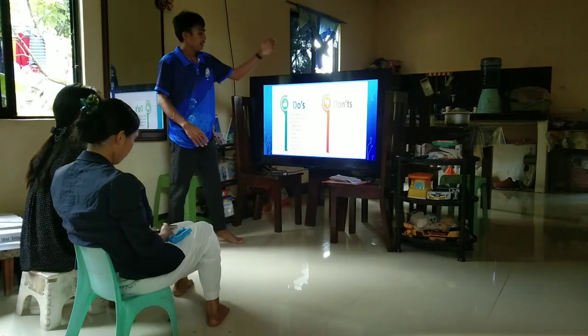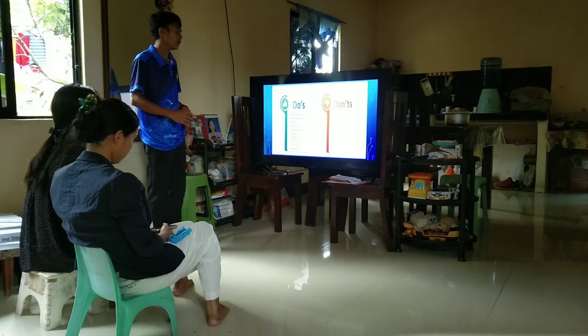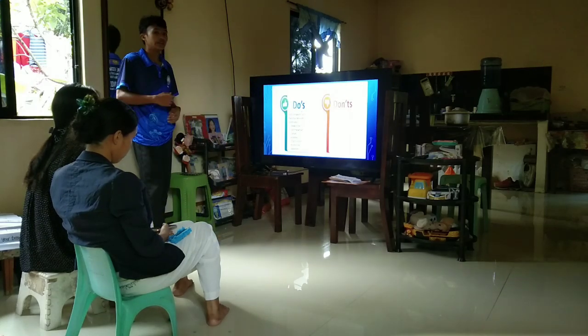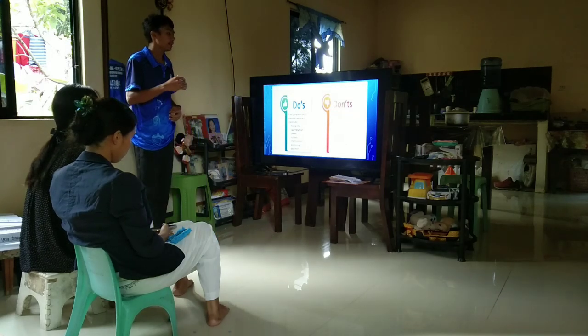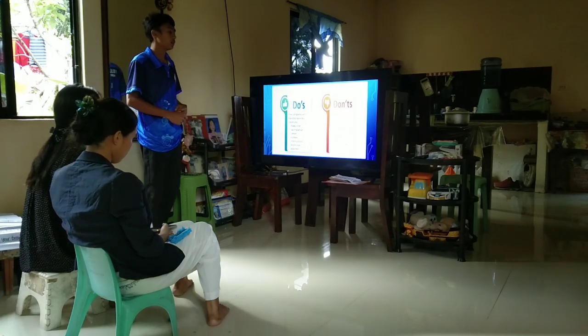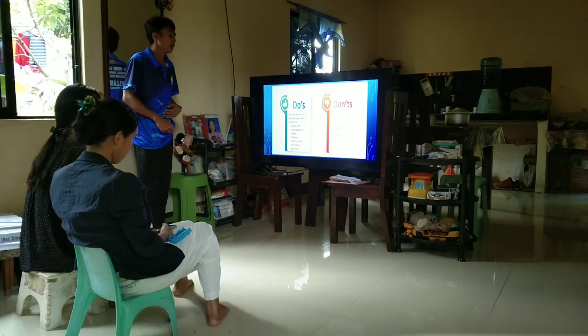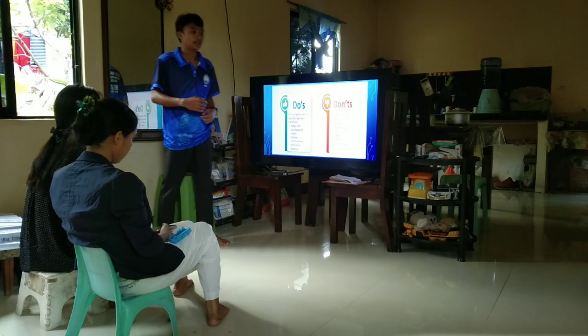The column here shows the don'ts inside the computer laboratory. Of course, strictly don't bring foods or drinks inside the computer laboratory, because you might damage some parts of the computer. And the next is don't run or play around, and don't touch cables and parts unnecessarily, because if you are touching